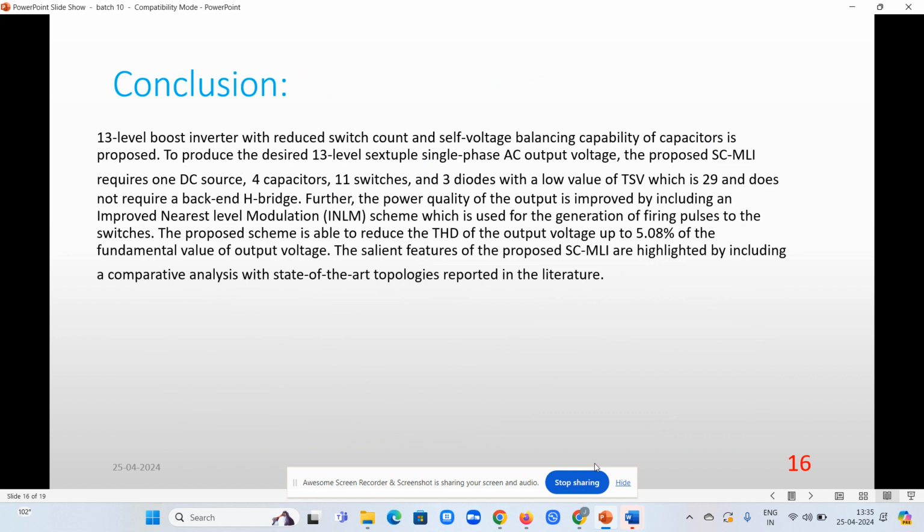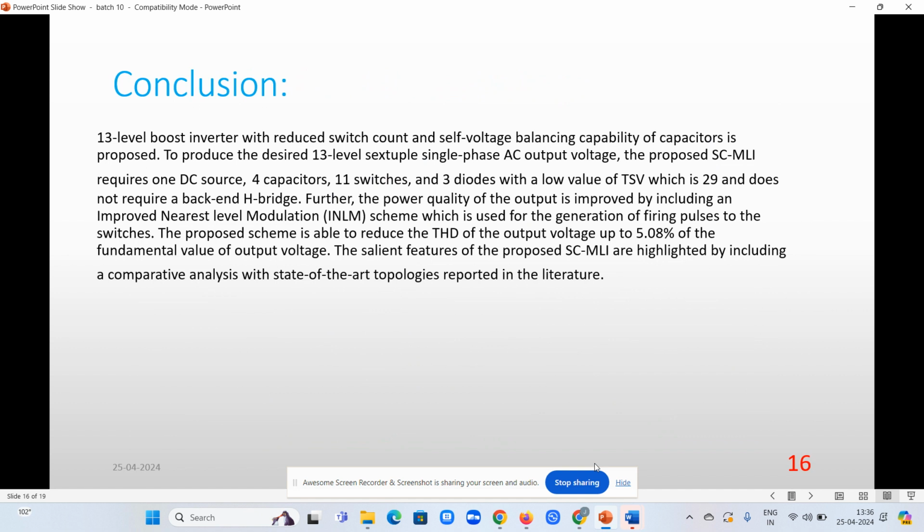This is the conclusion of our project. A 13 level boost inverter with reduced switch count and self voltage balancing capability of capacitors is proposed. To produce the desired 13 level sextuple single phase AC output voltage, the proposed SCMLI requires one DC source, 4 capacitors, 11 switches, and 3 diodes with a low value of THD, and does not require a back-end H bridge. Further, the power quality of the output is improved by including an improved nearest level modulation scheme,